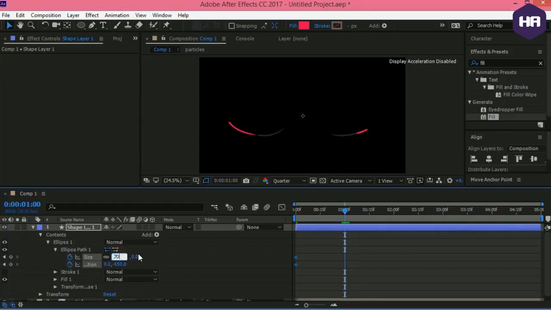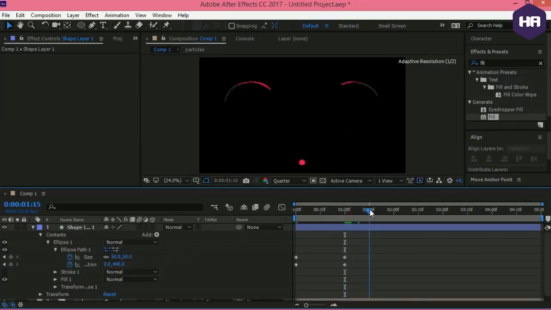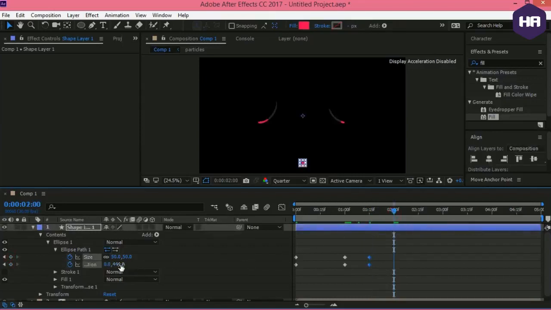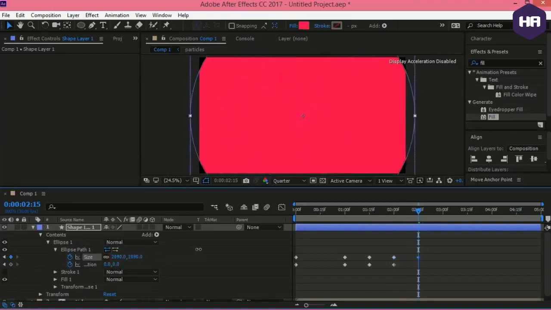and scale it to around 70 and then position it to be there and scale it to around 50%. Now it looks much better. Now go a few seconds forward and hit this dot icon to add a uniform keyframe. Then again go a few seconds forward and change the position to be the center and hit this dot icon to add a uniform keyframe. Then go a few seconds forward and change the scale property to be full of your screen, something like this. Now select all the keyframes, press F9 to ease those keyframes.